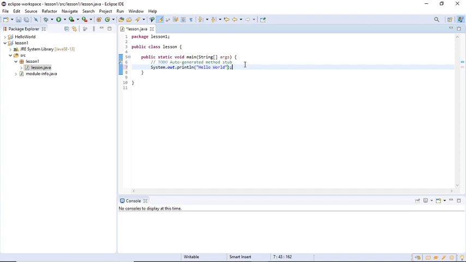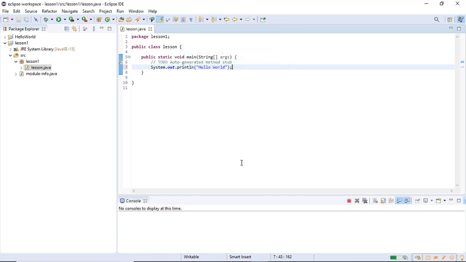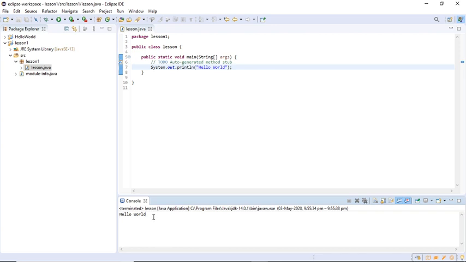Okay, so this is the basic program for hello world, and let's see if it runs. It's supposed to print hello world. So here there's a run option. You click on it. Okay, and it prints hello world. For some of you it may not print hello world, and it may show an error, that is could not find or load main class.